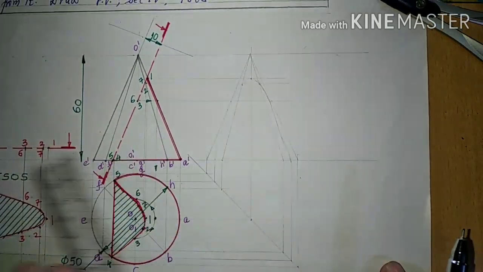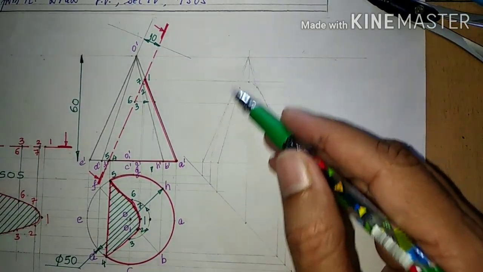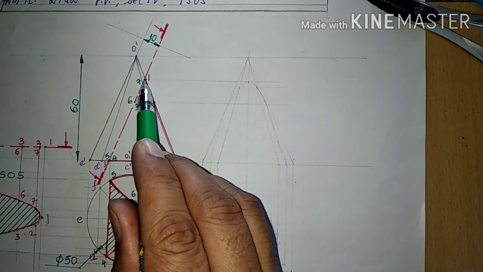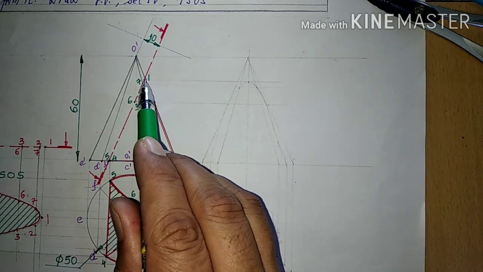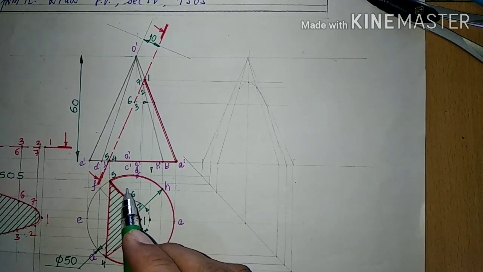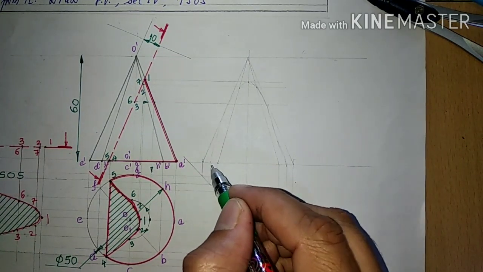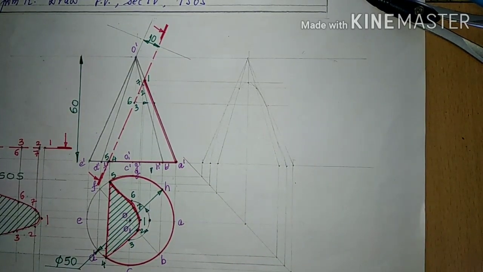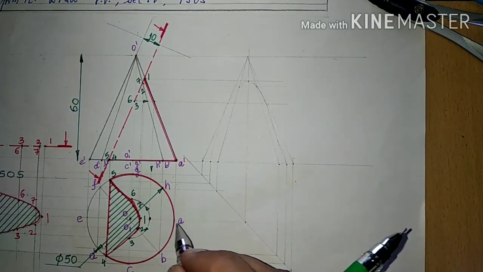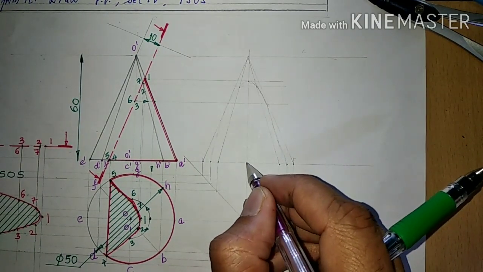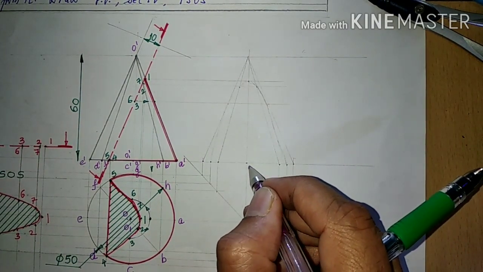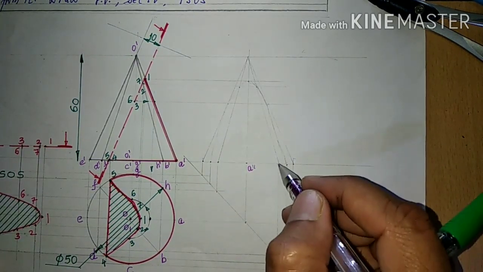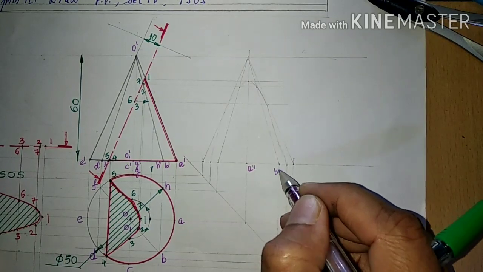From there, see here, I had already drawn here. I will just project these points on cutting plane line. So first I will locate the base points. This A comes here, this becomes A double dash, this is B double dash,